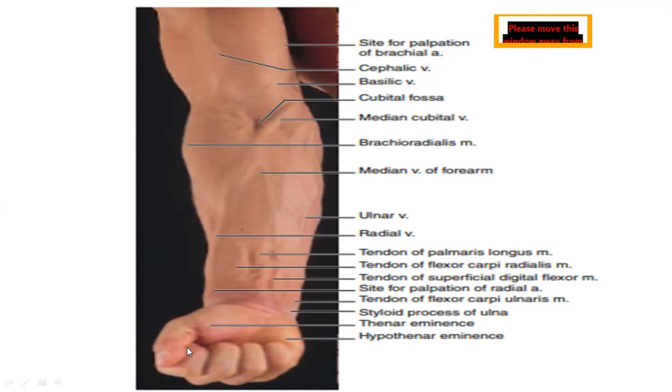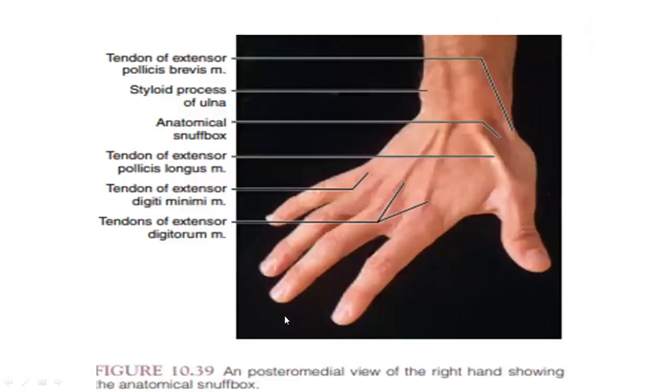You know, towards the thumb, the muscular projection is thenar eminence. Towards the little finger, the muscular eminence we have is hypothenar. So here we have the thenar muscles, muscles of the thumb, and here we have the hypothenar muscles. Okay, then this is the dorsum of hand we are finding, and this area is very popular. I told you it comes as a very short note also, that is the anatomical snuff box, isn't it?